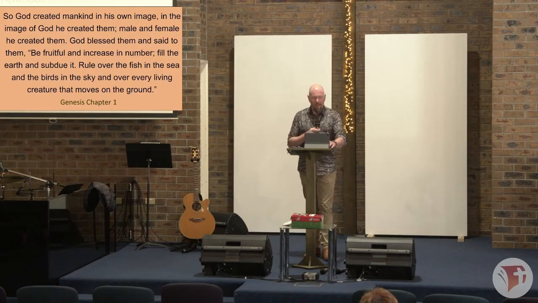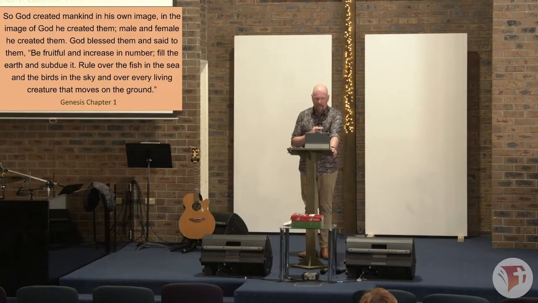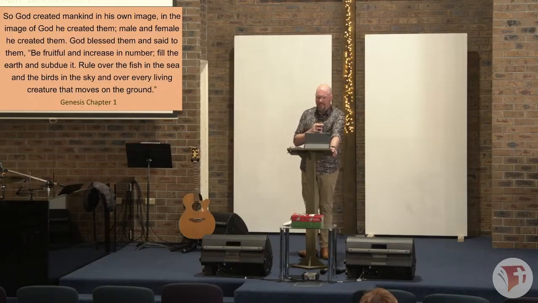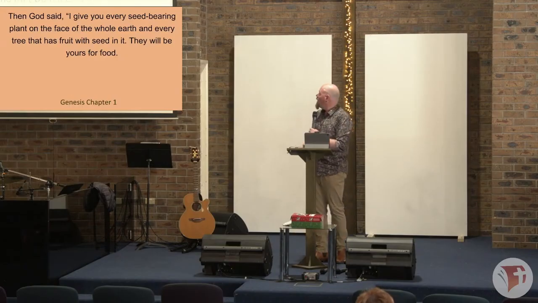So God created mankind in His own image. In the image of God, He created them. Male and female, He created them. God blessed them and said to them, "Be fruitful and increase in number. Fill the earth and subdue it. Rule over the fish in the sea and the birds in the sky and over every living creature that moves on the ground." Then God said,